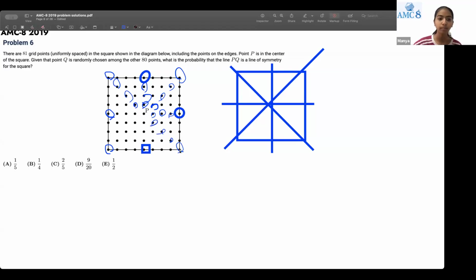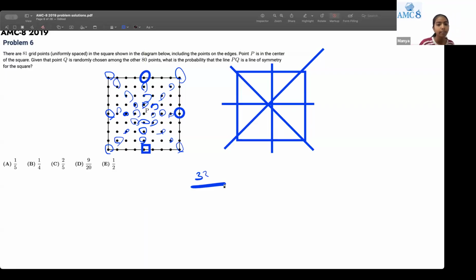And we're not shading the point P, because point Q and point P cannot be the same one. Since we're trying to find the line of symmetry, point P cannot be equal to point Q. They both cannot be the midpoint. And so these are the possibilities for the lines of symmetry. If we count all of these points, 1, 2, 3, 4, 4 times 8, which is equal to 32. So there are 32 total